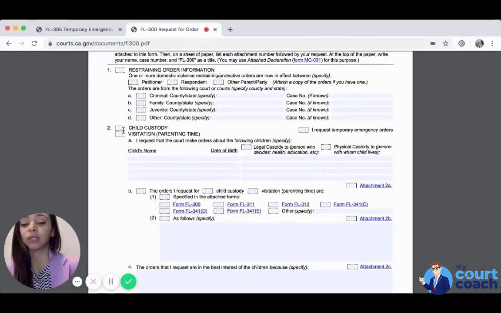So child custody and visitation. If your request relates to child custody and visitation, make sure you include their names, their date of birth, and whether you're requesting sole custody or joint custody, or maybe the other person should have custody, and same goes